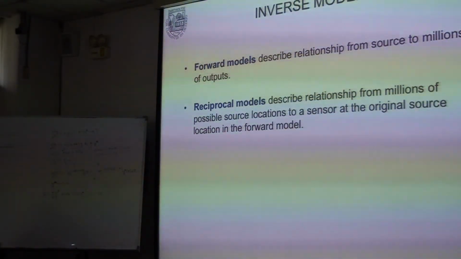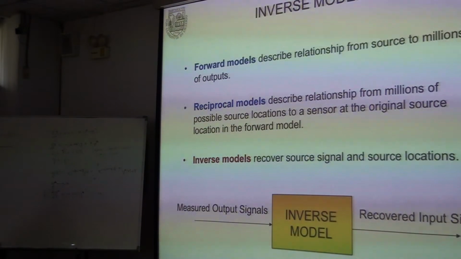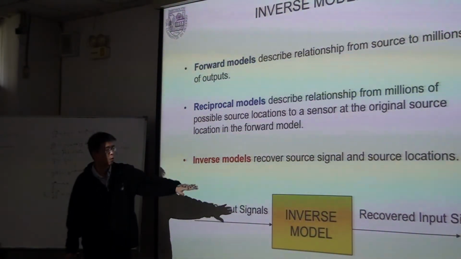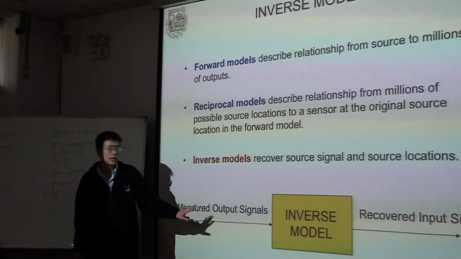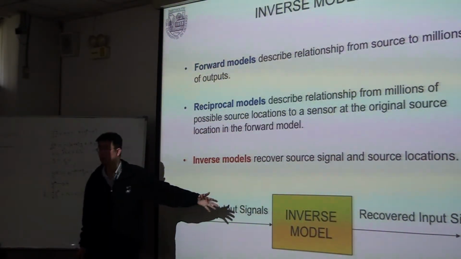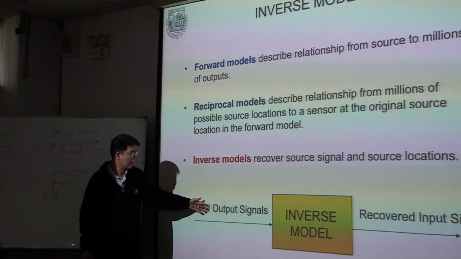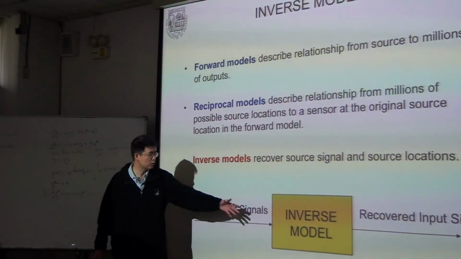That's the reciprocal model. And now the inverse model figures out what the input signal is, given the measured output signal. So I have the output measurements, and I want to find out what the source